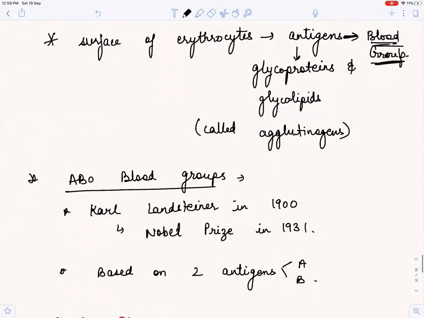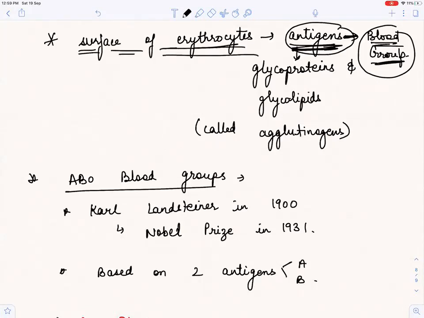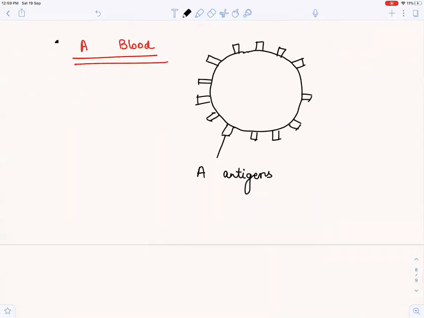अभी हमने पढ़ा था कि ये एंटीजेंस ही डिसाइड करते हैं कि हमारा ब्लड ग्रुप क्या होगा. एंटीजेंस डिसाइड करते हैं. और कहाँ होते हैं वो? सरफेस ऑफ एरिथ्रोसाइट में. जो हम पढ़ते हैं वो कभी बेकार की फालतू की बात हम नहीं बताते. So this surface of the erythrocyte पे एंटीजेंस होते हैं जो ब्लड ग्रुप डिसाइड करते हैं. A ब्लड के बारे में पढ़ रहे हैं, इनके ऊपर A antigens are projecting. These A antigens are projecting through the plasma membrane.